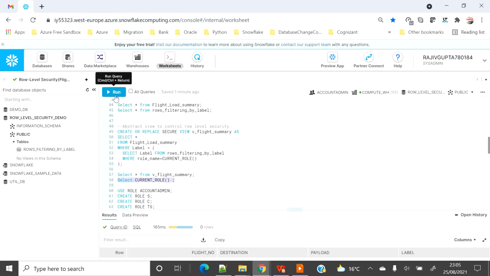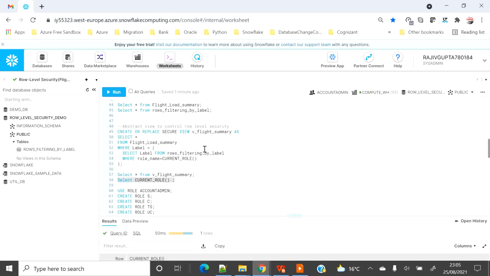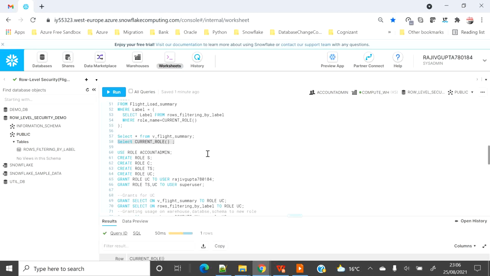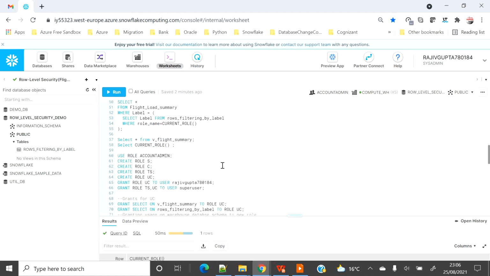The reason is that I am currently holding the account admin role, and till now we have not given any privilege to my current user, Rajiv Gupta 780, or to the account admin role for this particular set of data. We have created everything, but we have not granted anything. Because of the view logic we defined, we are not able to satisfy the condition, and hence we cannot see anything.